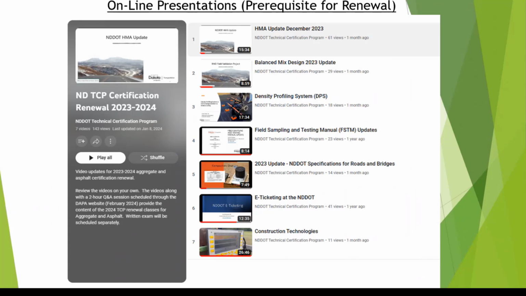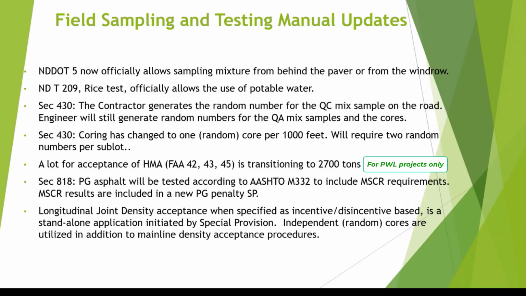So just kind of some quick overviews, again, covering the last several years. North Dakota DOT Test Method 5, which is the hot mix asphalt sampling, was changed a couple years ago. It officially allows sampling mixture from behind the paver or from the windrow. And so that allows you the opportunity, as most of you know, with